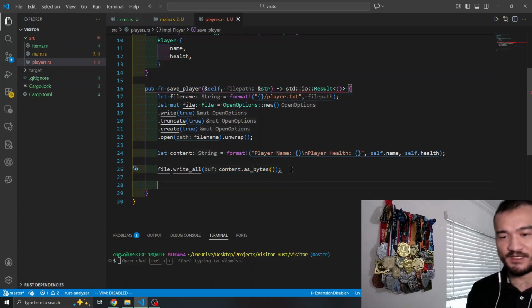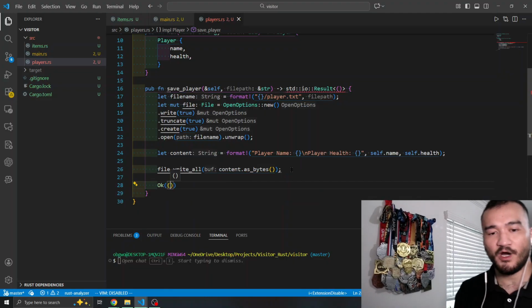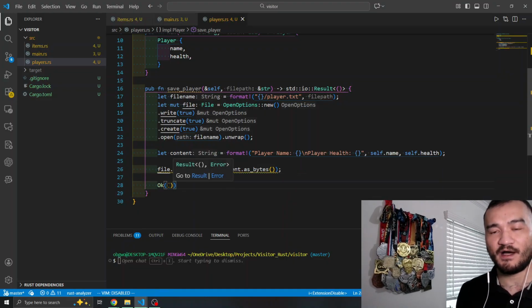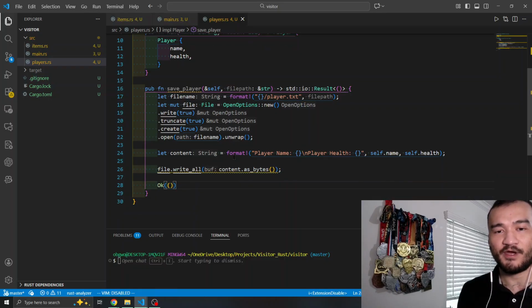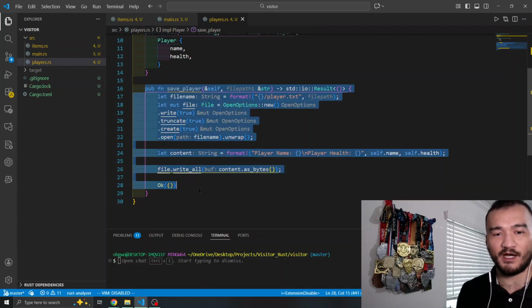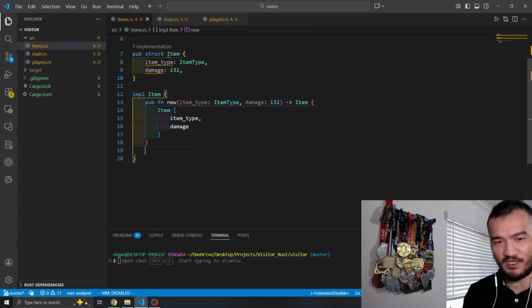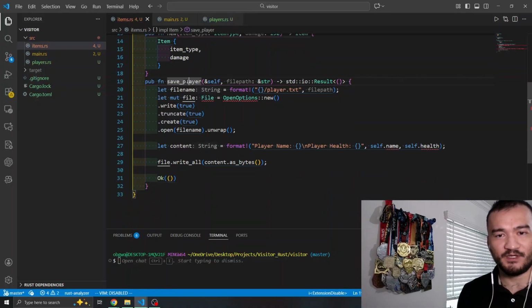And then if it gets here, then everything's working well, which is going to return an OK variant with a unit type inside, which is nothing. Okay, so that's good. So that's how you save a player, and then it's going to be the same thing for items, except slightly different. So I'm going to go ahead and copy this whole entire thing, just so I don't waste time retyping everything. Okay, so it's going to be save item,